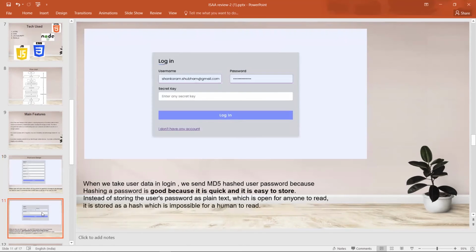Yeah, this is our login screen, and here we are storing passwords in MD5 hashed form, and it is very quick to store and easy for us. And with a hash, no human can read the proper data from it, and a hash cannot be reverted back to the original plain text which we have hashed. Again, go to the next page.